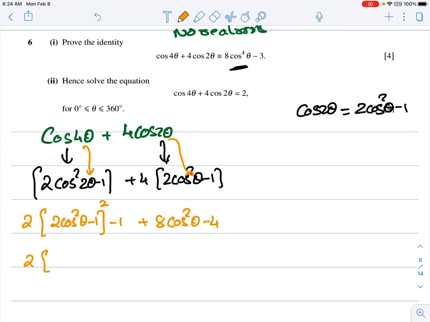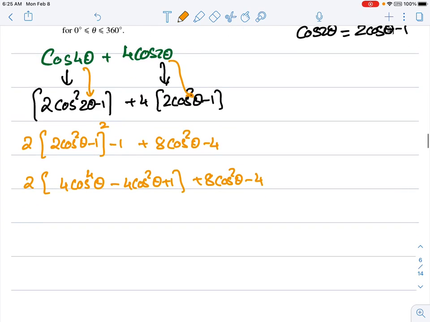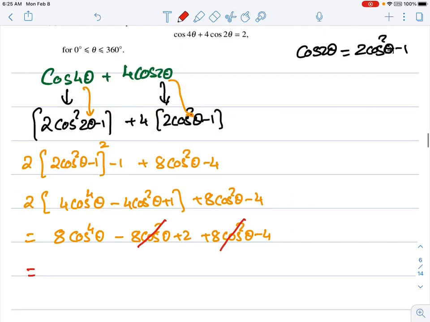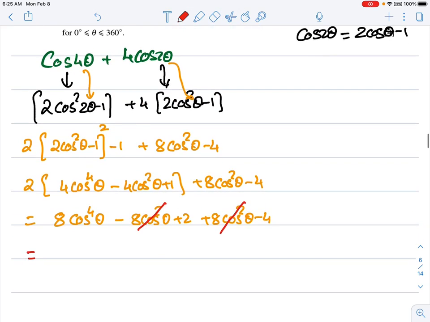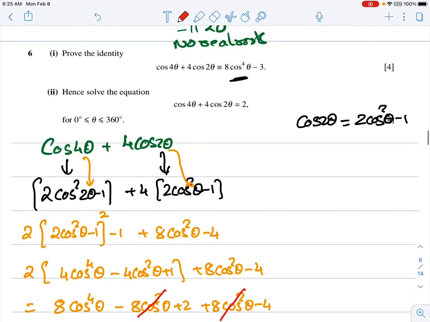So expand this one, a minus b whole square, a square minus 2ab plus b square, plus 8 cos square theta minus 4. So it becomes 8 cos to the power of 4 theta minus 8 cos square theta plus 2 plus 8 cos square theta minus 4. We can see that 8 cos square theta gets cancelled, and my final answer which is required is 8 cos power 4 theta, but I require it out is this